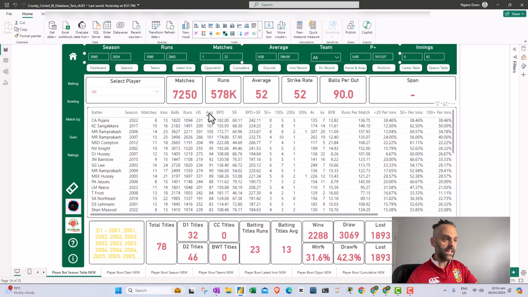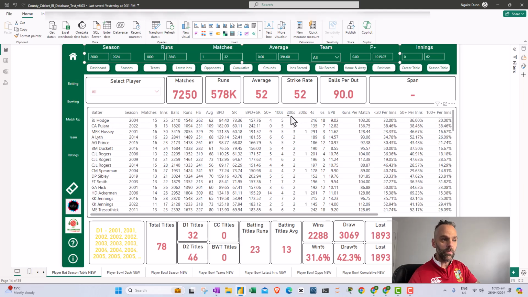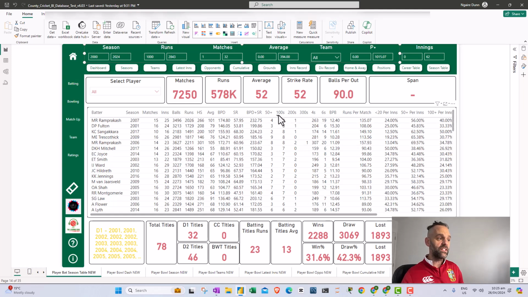You might want to take a look at average and see that Pujara's 109 average was the best, but actually there's only 4 instances of players averaging more than 100 and scoring over 1,000 runs. You might want to look at the most amount of triple centuries. You might want to look at the highest scores or the most centuries in a season when Ramps went and